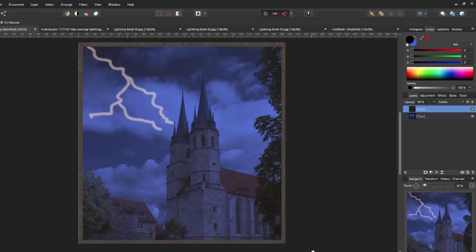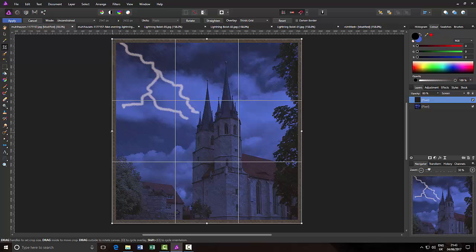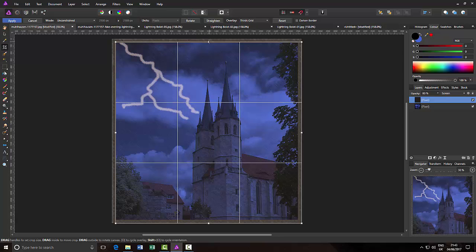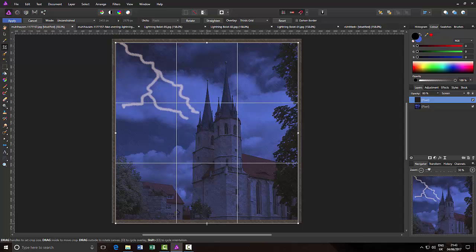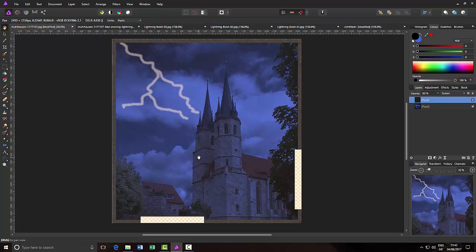So now pretty much that is the end of the tutorial, apart from cropping the image to get rid of this extra canvas which I made. Now you can either do that from the crop tool like so, and then just double clicking in the middle. I'll press Ctrl and Z and go back,